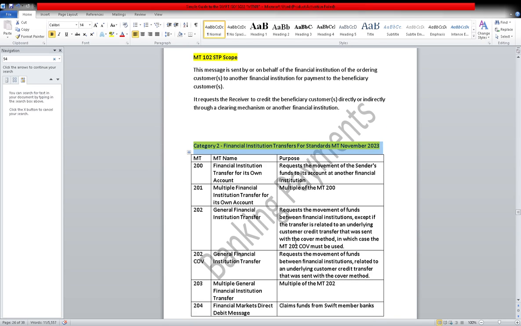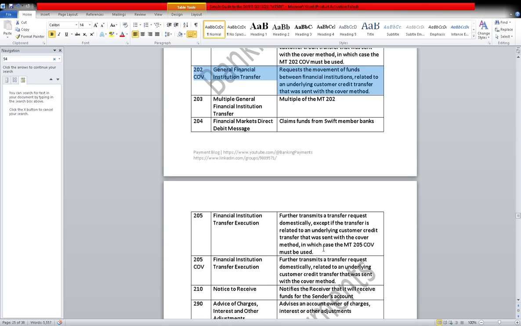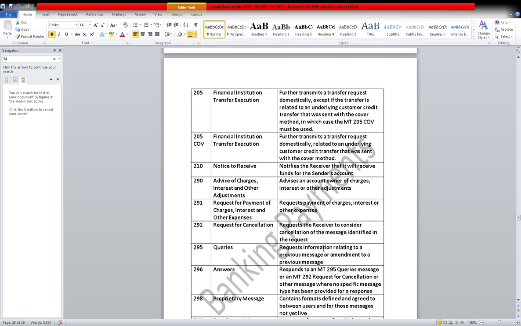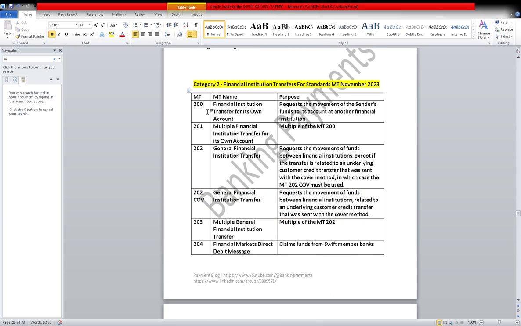Okay, based on that there are n number of messages. I will just read out some messages, but our main concentration is maybe only these messages: MT200, MT202 or MT202 cover. These are the important messages which are widely used in all the transactions. Okay, these are widely used. So what we quickly see, and one more thing, there are so many messages here. Can you see it here? 200, 204, 5, 6, 7, queries and all this, there are so many messages. Okay, so for our understanding we'll go through them one by one.